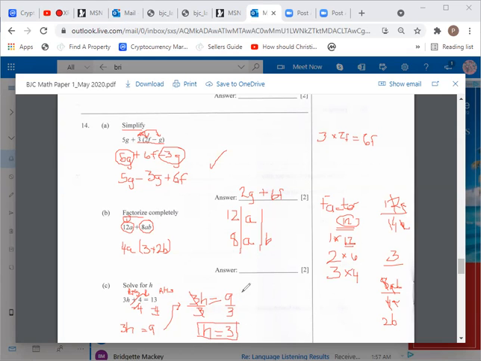I can test my solution. I can go back to the original equation. 3h plus 4 is equal to 13. This is the original equation, and I'm checking it. And I can substitute my answer into that equation. If my answer says that h is equal to 3, I'm going to substitute h with 3. And what do I expect to happen? I expect that the solution will work out to be 12. So let's check that. 3 times 3 is 9. 9 plus 4